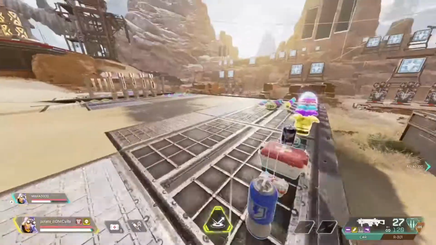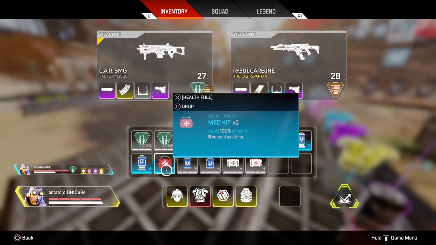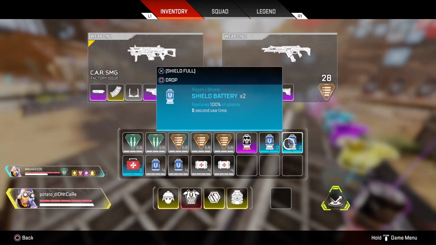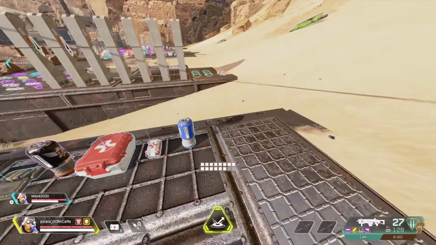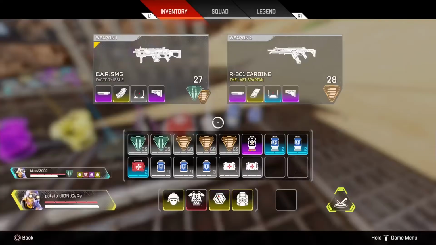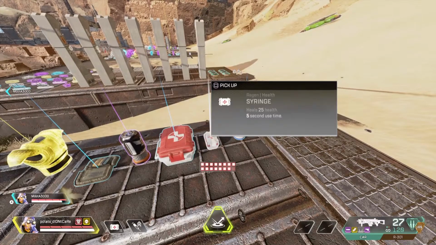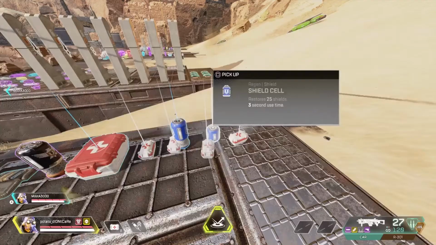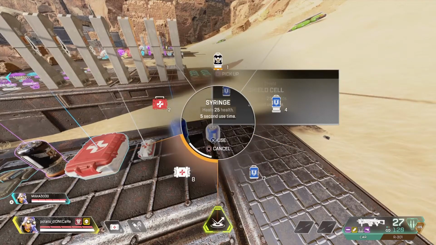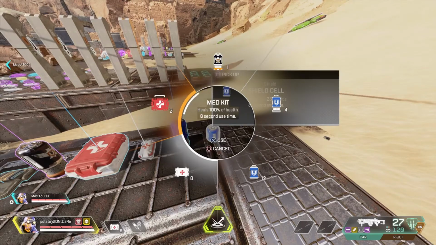So what you want to do is carry one, if you do get med kits, carry 1 stack of med kits. I usually go for 2 stacks of shield batteries, or 1, at least a Phoenix, so whenever you get knocked down. And usually I have a little bit of shield cells. So basically you want to carry, okay, so say I'm carrying this, you want to have 4 more shield cells than your syringes. You want to have at least 2,